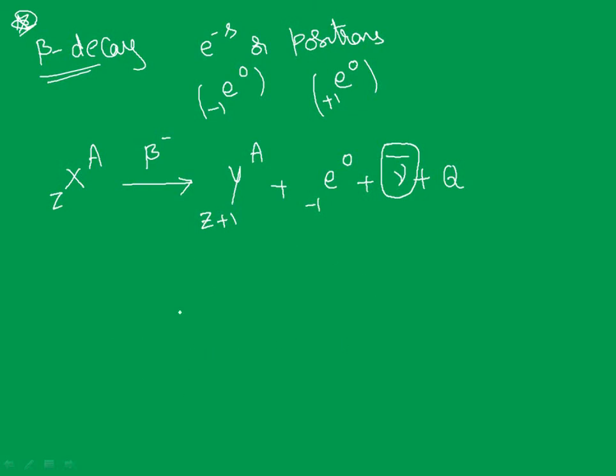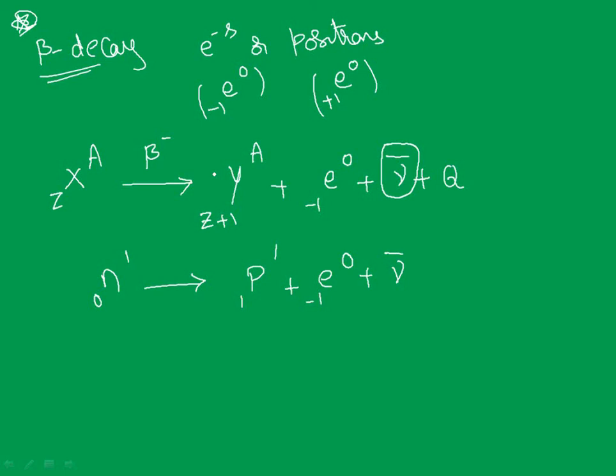Are you clear with this? So that's why I told you I am considering a neutron rich nucleus. Strictly speaking, I will write it in terms of the neutron. If I have a neutron, it will be converted to a proton and an electron, and this is nothing but the antineutrino, we call it. So a neutron is transformed into a proton and an electron with emission of antineutrino, you can see here. This negative beta decay happens because the nucleus has too many neutrons relative to the number of protons.